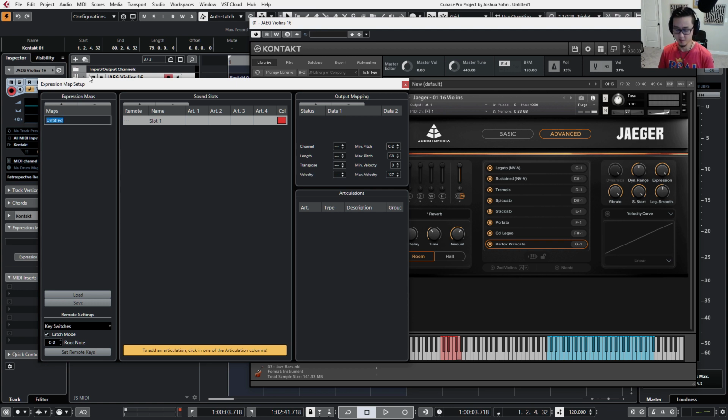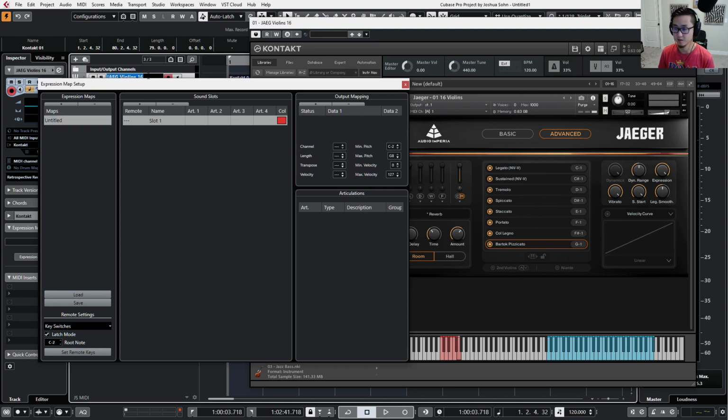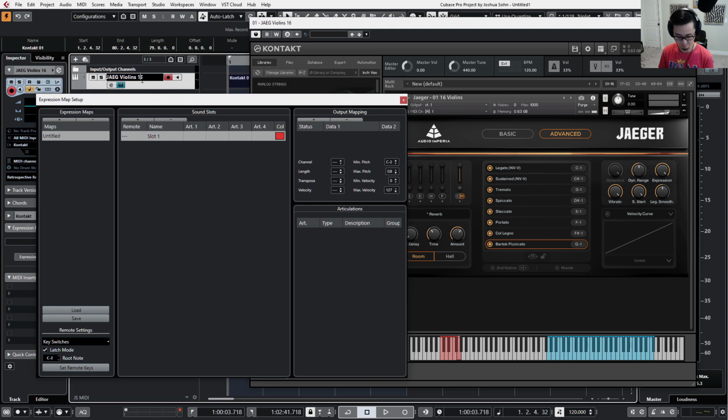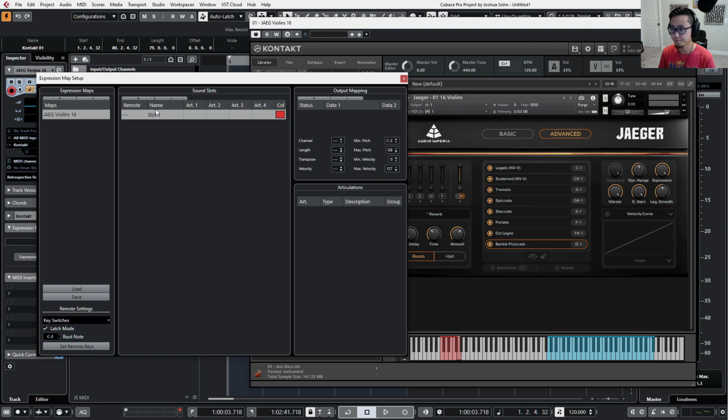Let's go ahead and copy and paste this over here on this side. It's kind of tucked away. I'm going to copy that and just paste it, so it's the same name for the instrument track. All right, and then over on the middle hand side, this is where most of the mapping and most of the articulations are done. All right, so let's start here, and what I'm going to do is click on the name for slot 1,